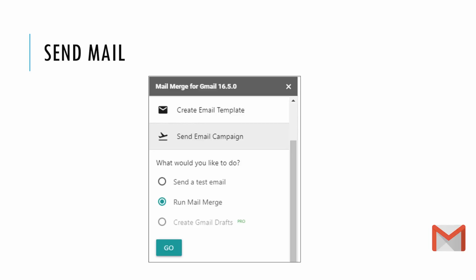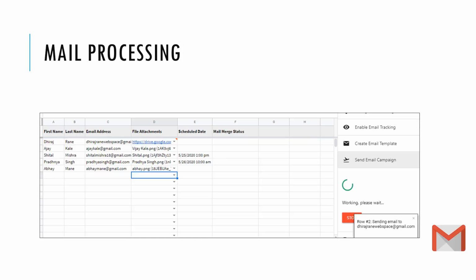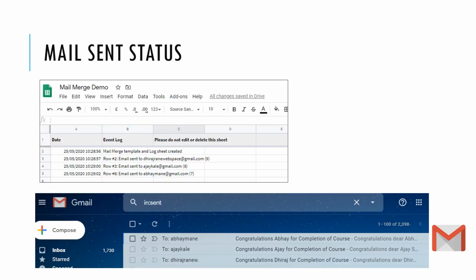The last job is, you may test the mail first. It will give you the idea whether it is correct or not, and later on just run the mail merge. Clicking it, you will see it like that. It will give the status of the mail merge, and at the right bottom we can see the email being sent to the particular mail address. Complete status after sending the mail using the mail merge. I have also shown the screen of our inbox, where you can see that the mail has been delivered from my email ID.